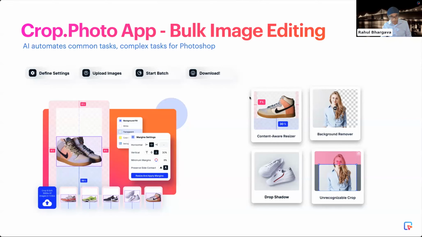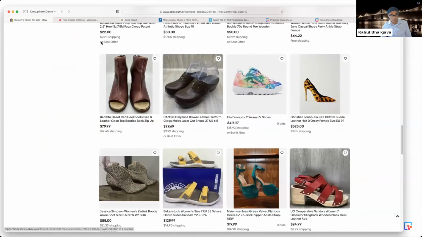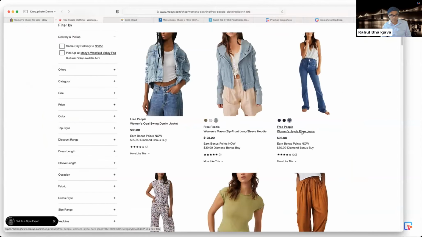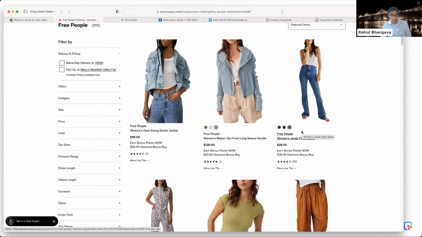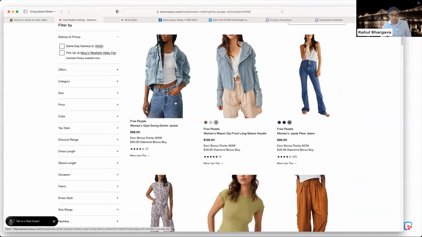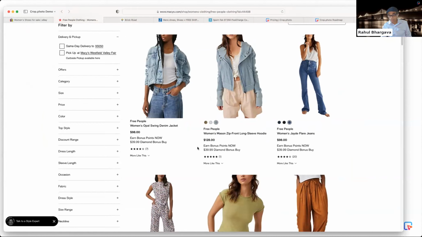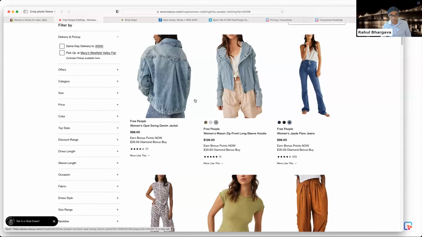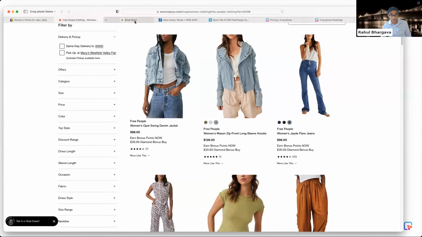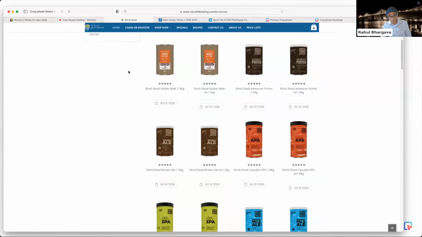And just by way of possibilities, let me share what some of these companies do. So for example, this is a huge marketplace, and this brand needed to create headless crops of their models for the apparels that they retail. They go through like 2,000 or 3,000 different images across many hundreds of SKUs every month. And this is something AI can easily take care of. It can resize these images to the marketplace dimension, replace it with white background, and create headless crops from full model images.